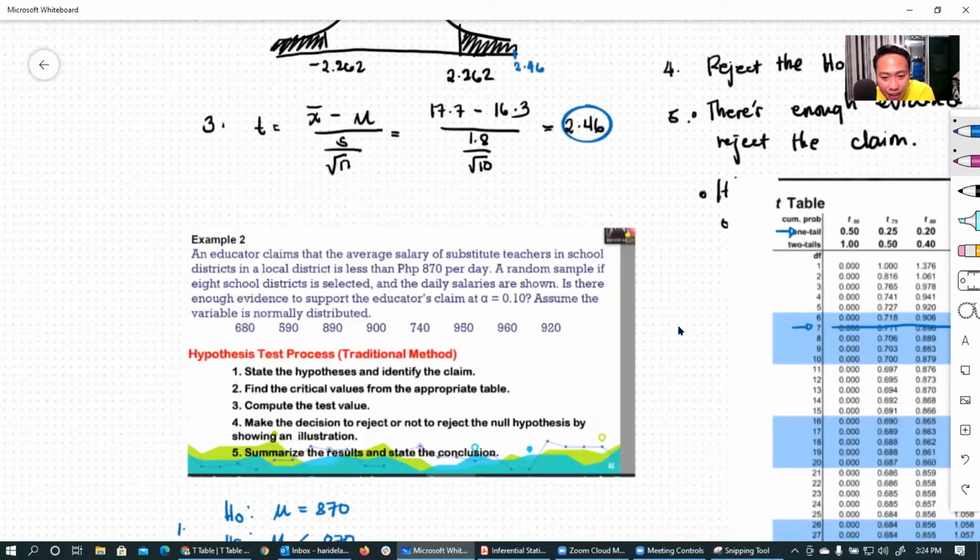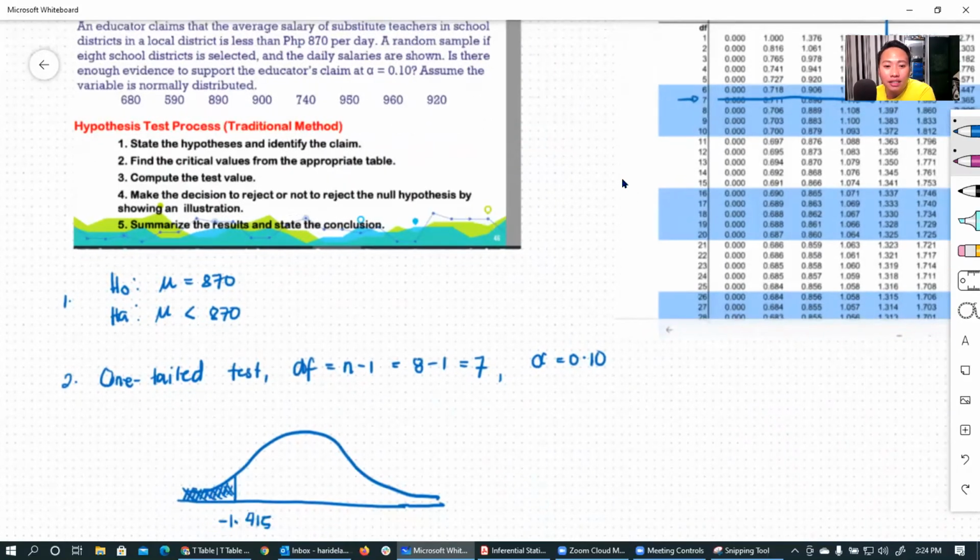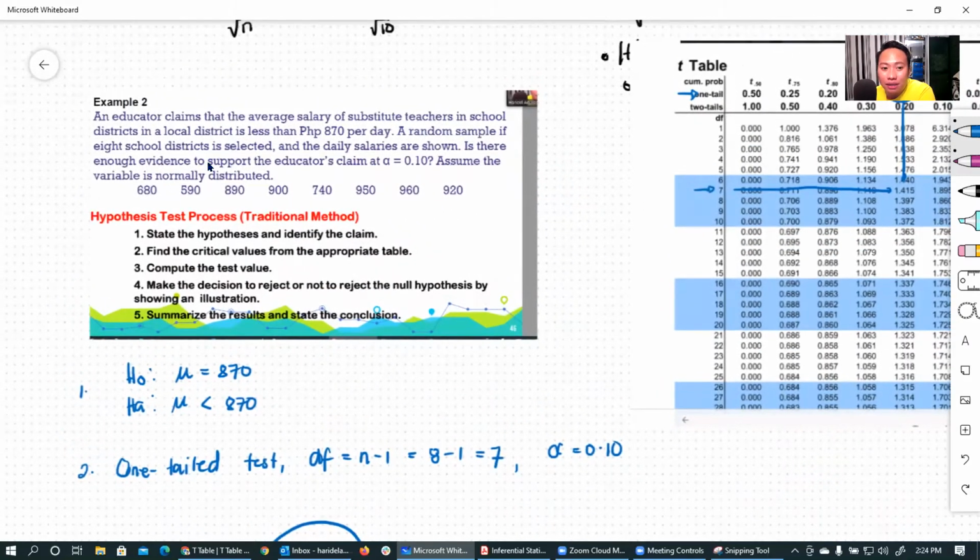We don't have it here in the problem, right? As you can see, you don't see it. It didn't actually mention the 870 is a population mean. However, we are given the 8 sample salaries of a substitute teacher. We have 680, 590, 890, 900, 740, 950, 960, and 920. So this means to say that this is already our sample. We just have to solve our mean from here. So getting your calculator,